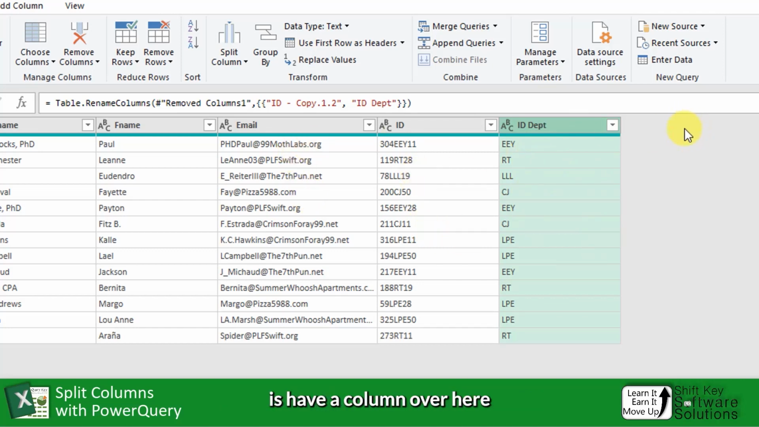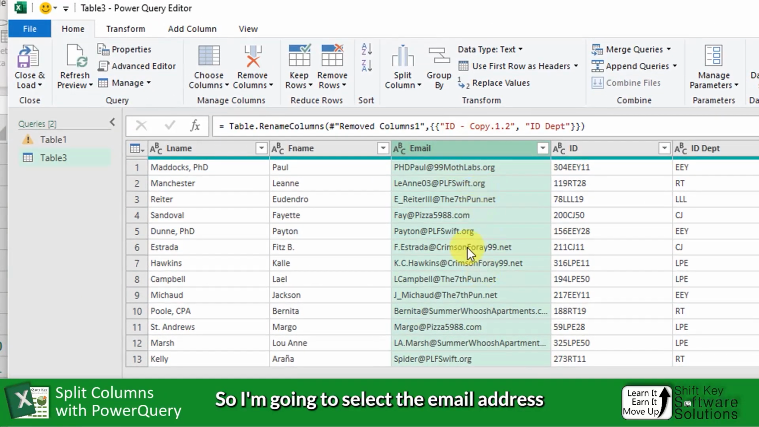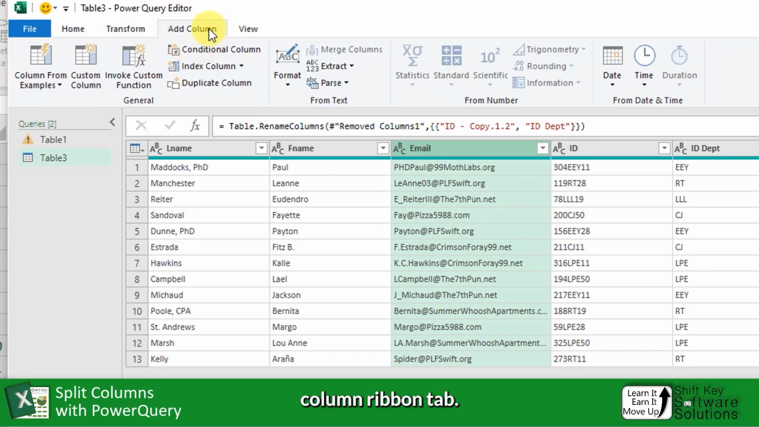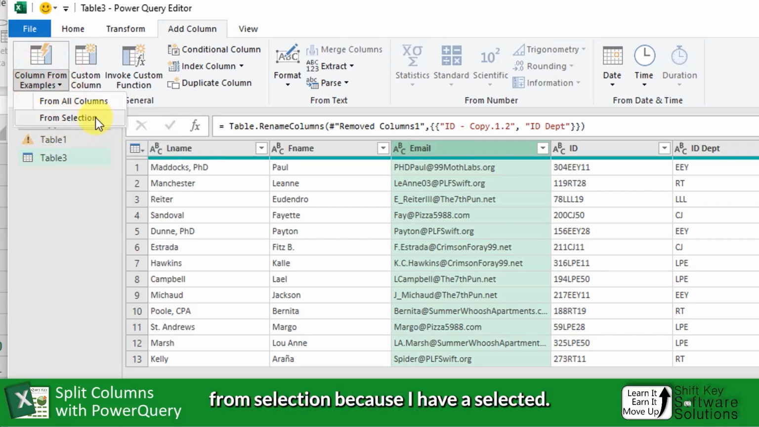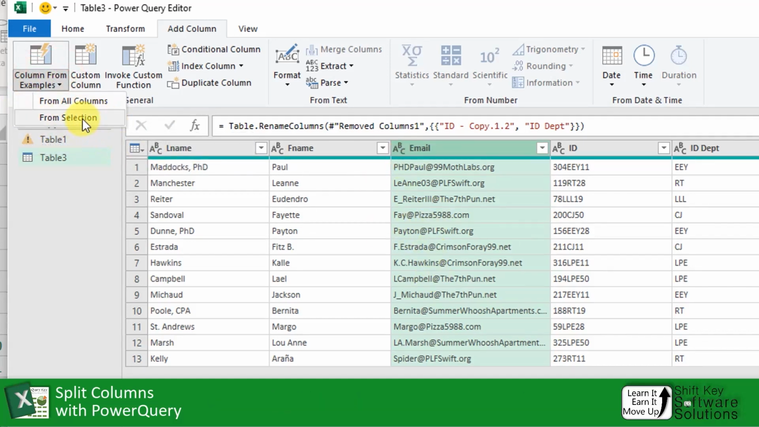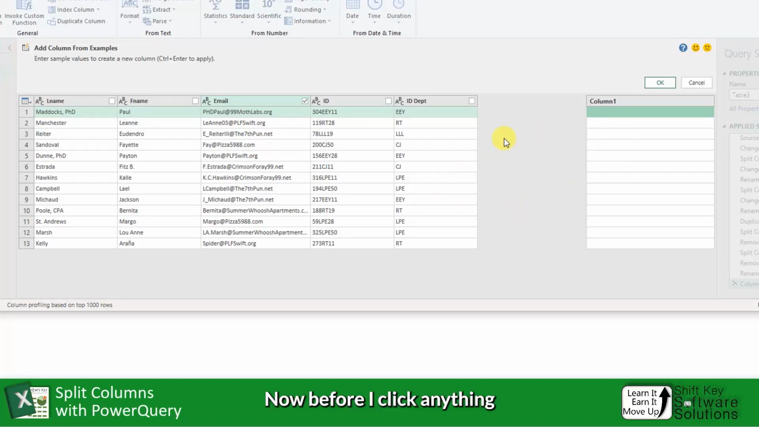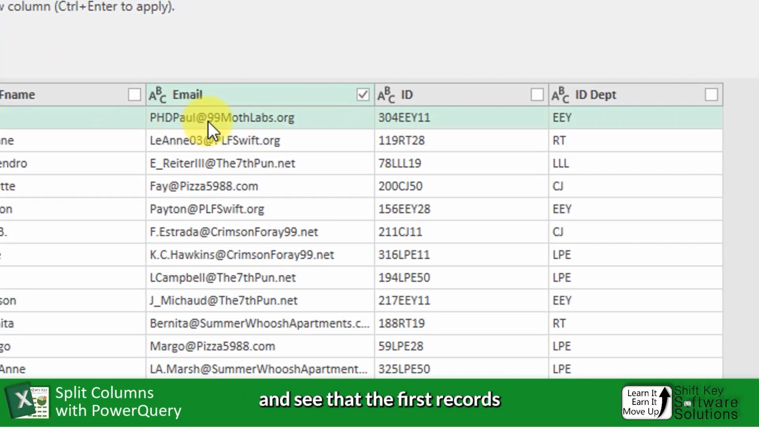Next, what I want to do is have a column over here that has only the domains from this column. So I'm going to select the email address column, and then I'm going to come up to the Add Column ribbon tab. Over in the General group, I'm going to click Column from Example. I'm going to click the bottom half here, and then I'm going to choose From Selection because I have it selected. Now before I click anything at all, I'm going to look over here and see that the first record's domain begins with